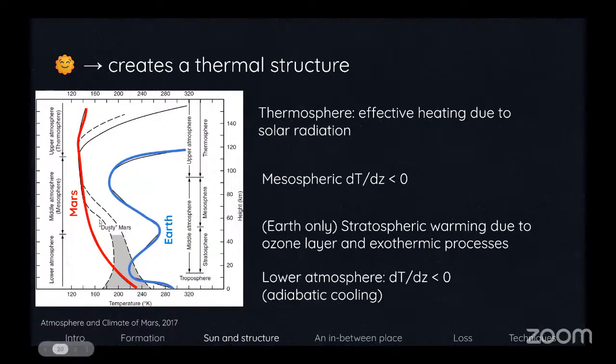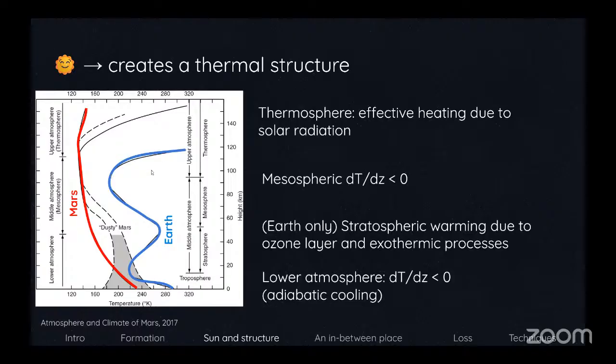After some point, it's harder to tell on this plot, but there's a region of the middle atmosphere, we call it, where there's a leveling off, where there's not a great change in temperature as you go up in altitude. It's lower here on Earth. Earth is unique because it's got this warm layer in the stratosphere, which is caused by the ozone layer trapping additional heat. And then if you get higher up in the atmosphere, you start to see this increase of temperature with altitude in what's called the thermosphere.